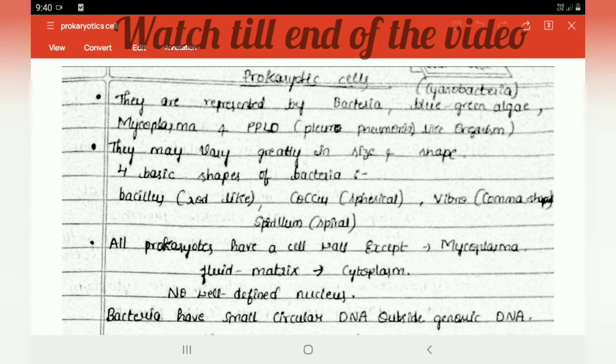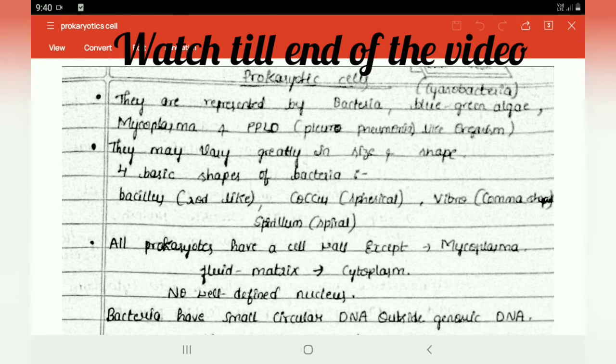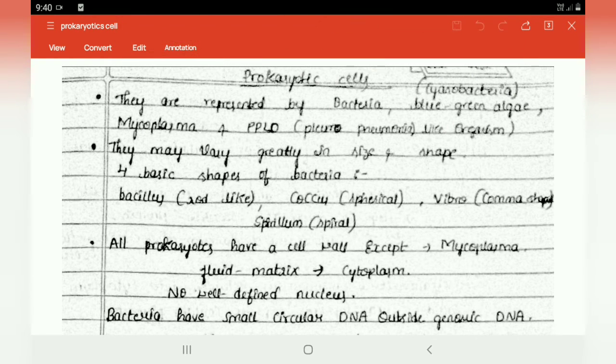Prokaryotic cells do not contain membrane-bound organelles, we know that. That comes in the eukaryotic cells, which are the animal cell and the plant cell. So let's start with the prokaryotic cell, which is represented by bacteria and blue-green algae, also called cyanobacteria, and mycoplasma, which is the smallest